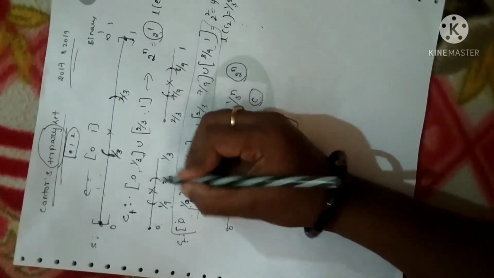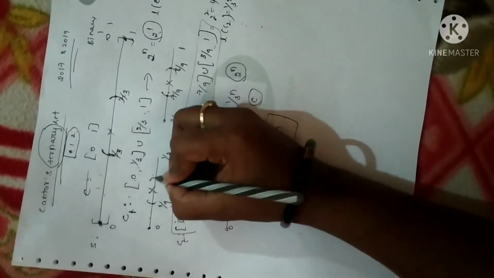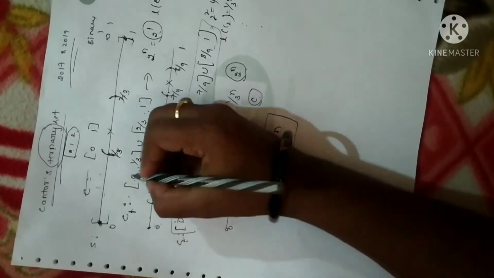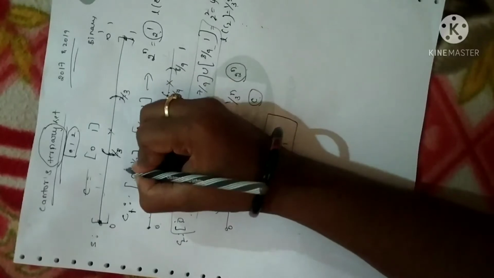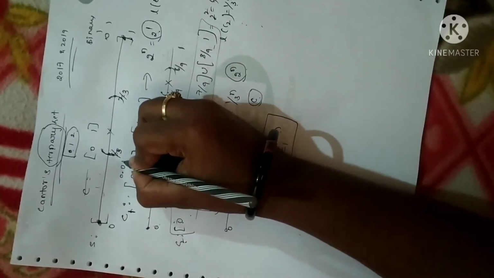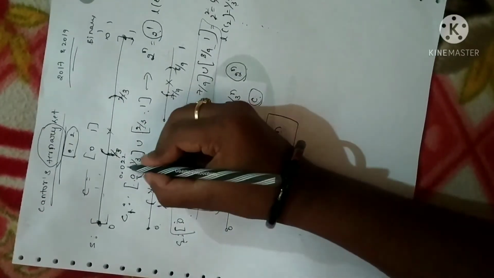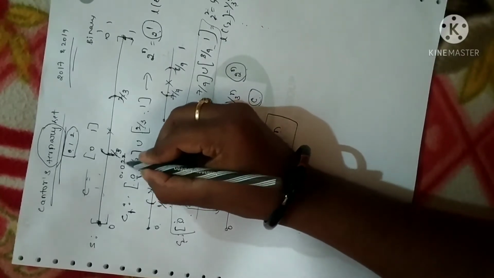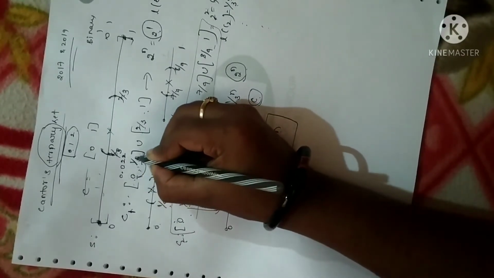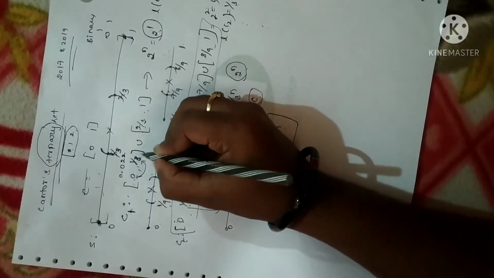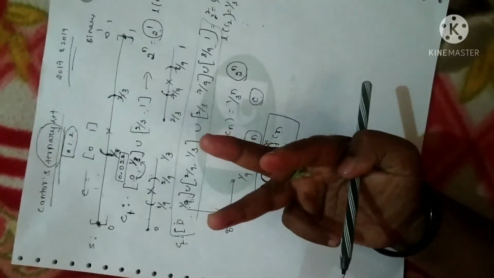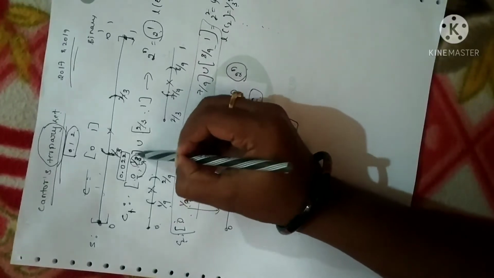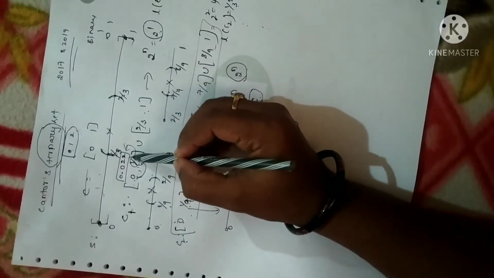Remember, whatever the values in between a particular interval, like 0 to 1 by 3, I'll take. Every number between 0 and 1 by 3 will be in between 0.022. Fine. In further studies, you will come to know this. 1 by 3 is none other than 0.333, right? That is in the usual decimal representation. Whereas in ternary representation, a ternary set uses 3 digits. So the value 1 by 3 is 0.022 in ternary representation.